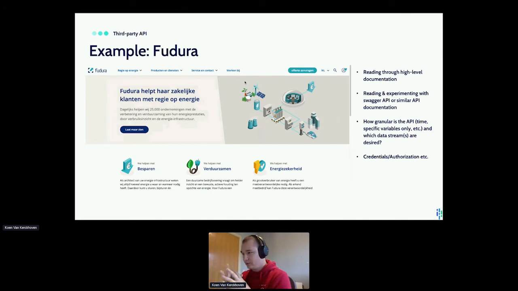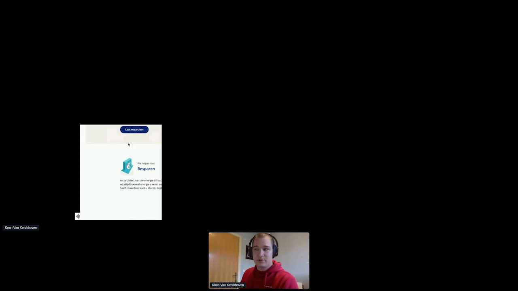So you can look at it into all of these. Also, how do you authorize the transfer of this data? Do they have some system in place already that you can fetch this data from them and that you can store it in Opinum and do other calculations with it? So in the Fedora example,